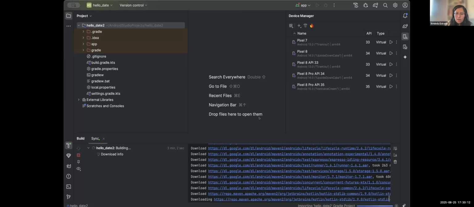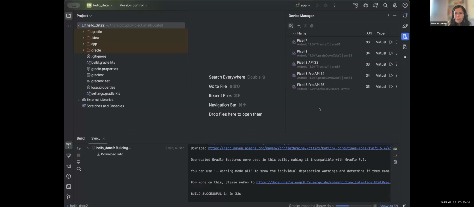Okay, but I already have API 34, 35, and 36 downloaded. Or actually, just download now. It's gonna take some time, so I'm not gonna do it right now. But that's where you would download it. Okay. And there's additional settings that you can play with, but you don't have to. Okay, and then you just do finish, and it's going to take some time, and it's going to show up